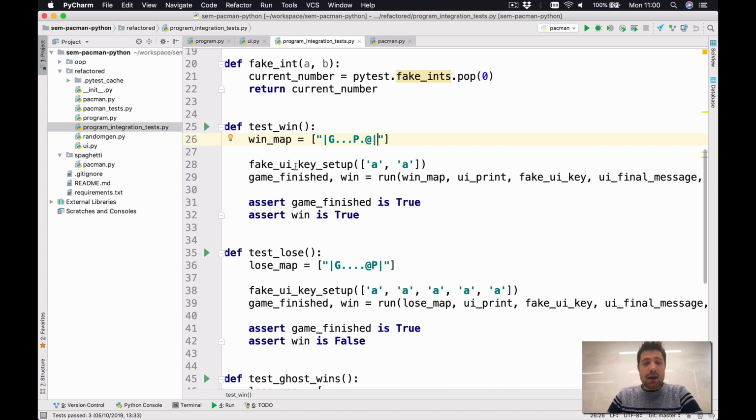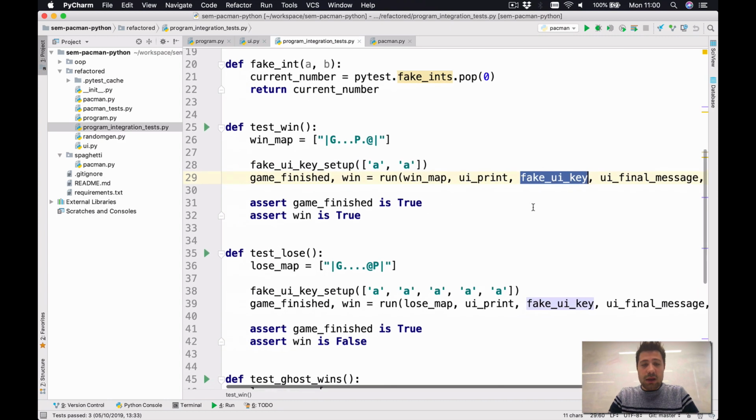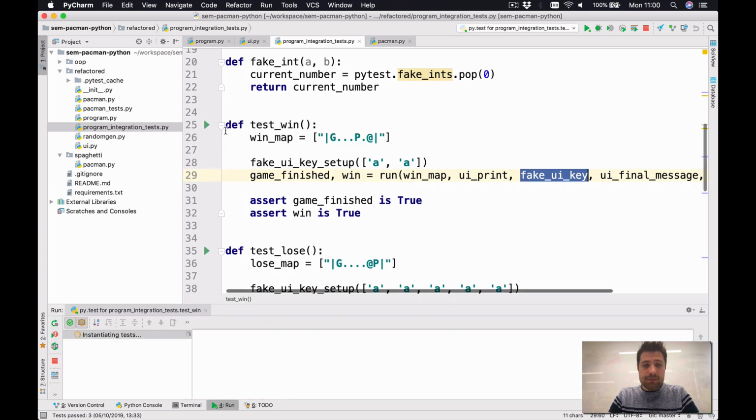I could fake the key setup. Here I'm saying that left is happening because A is left, and left is happening again. And I can run my software and pass all the inputs: the map, the function that prints on the screen, and the fake UI key, because now we're not getting the key from the keyboard. And if I run it,